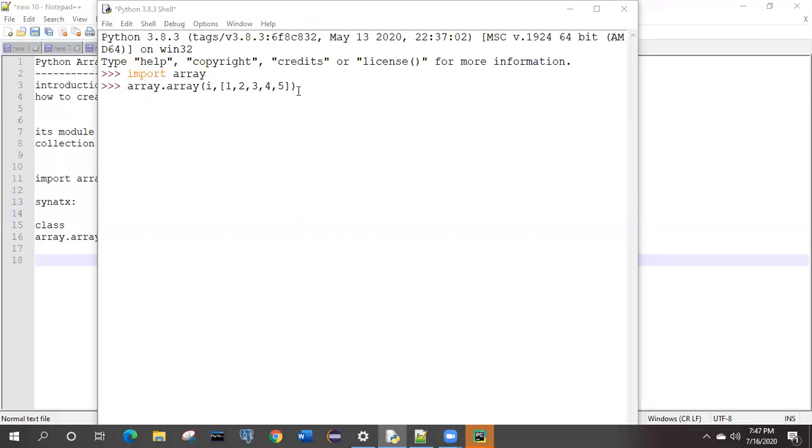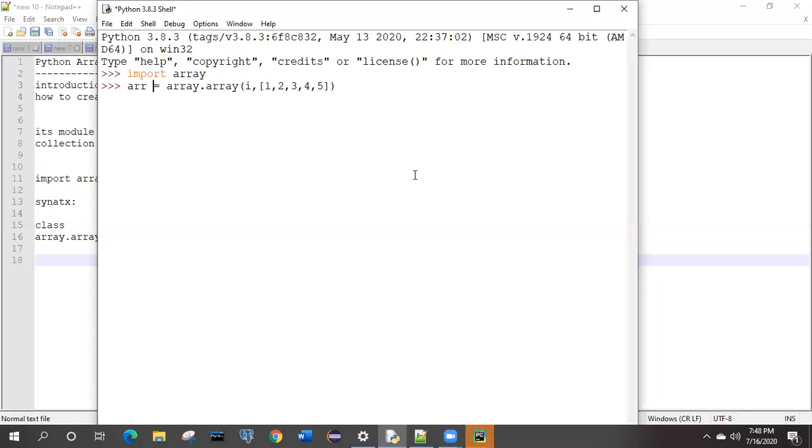Yes, so we were talking that in the array we have to take some type code, and then take the values or elements inside it, correct? By this we will initialize the array. After initializing, we cannot directly work on this, so we need to assign it to some variable. I have taken the variable ARR. You can take any convenient name, but not something like XYZ. If you are dealing with an array, you can take ARR.